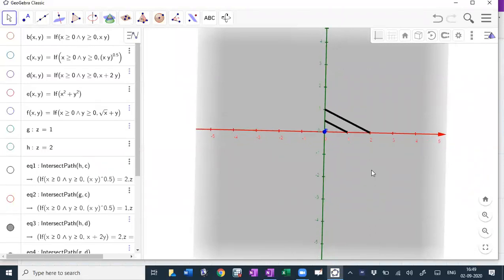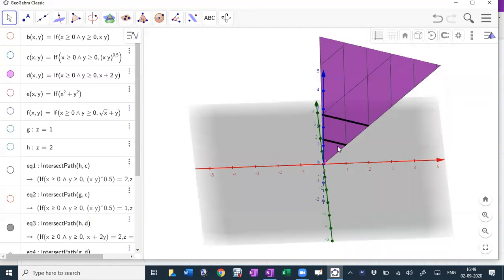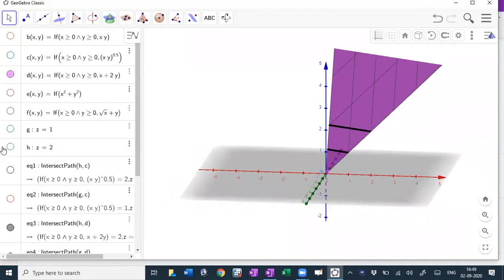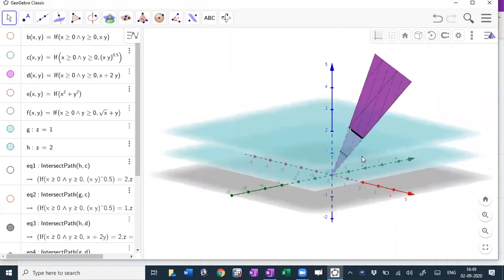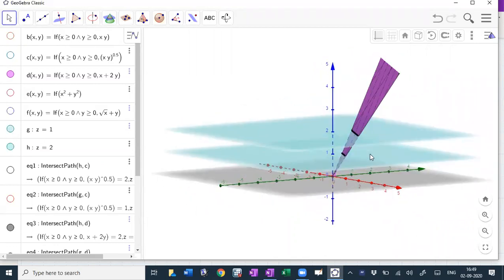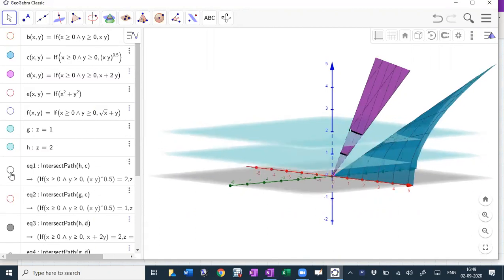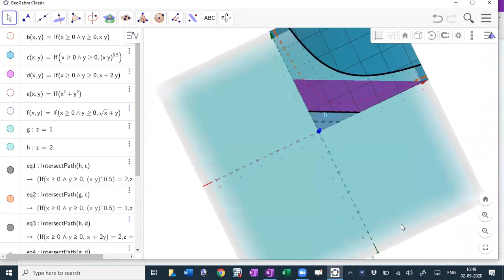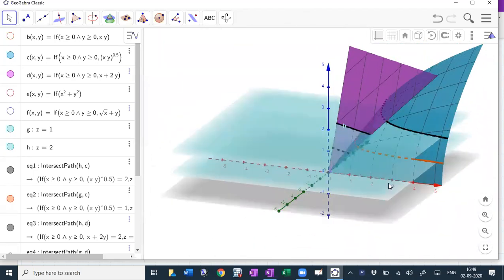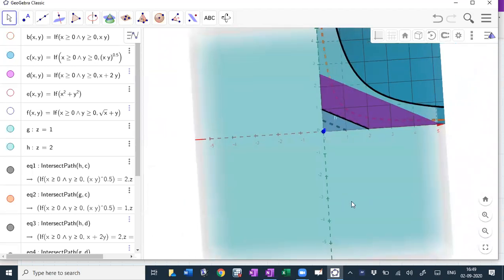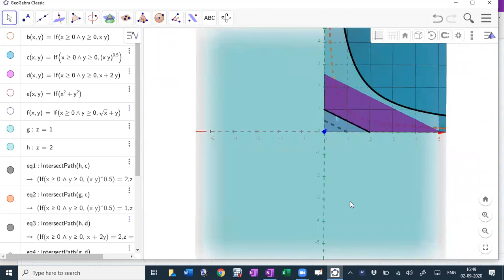Okay, so we will see it algebraically also. Why is it that we are getting this kind of a shape? But the moment I change the utility function, the shape of the indifference curve is going to change, because in what way the plane intersects the surface is going to determine your indifference curve. So if it intersects in this kind of a curved shape, that's what we saw here. If it intersects like this curved shape, then we'll get these curved indifference curves. If the intersection is along a straight line, then we will just get downward sloping straight lines as our indifference curve.